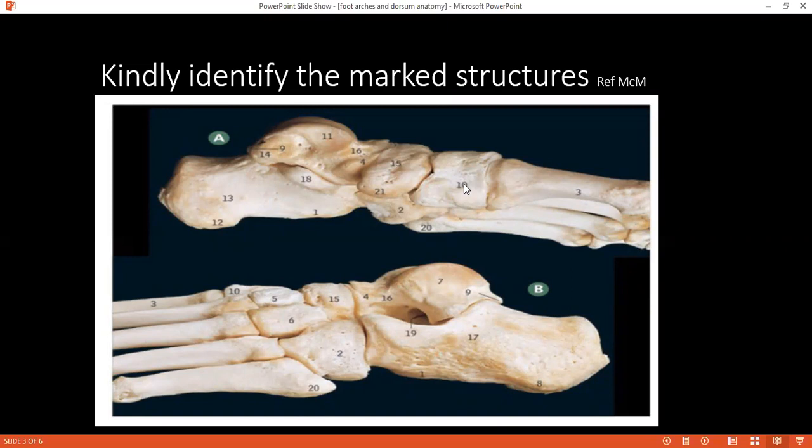That's the medial cuneiform bone. Okay. How many cuneiform bones are there? We have 3 cuneiform bones: the medial cuneiform, the intermediate cuneiform, and the lateral cuneiform. Okay. Can you please identify